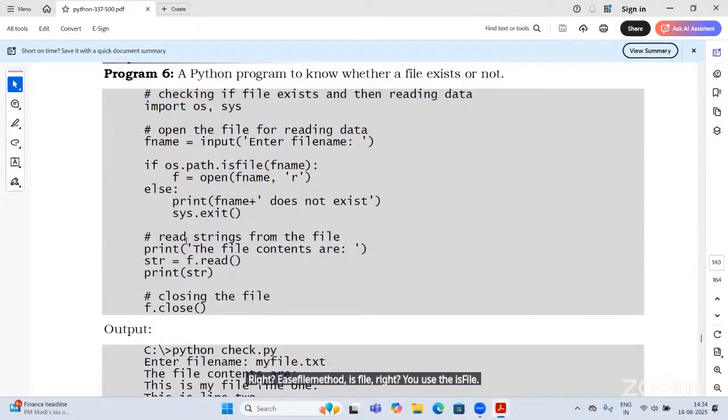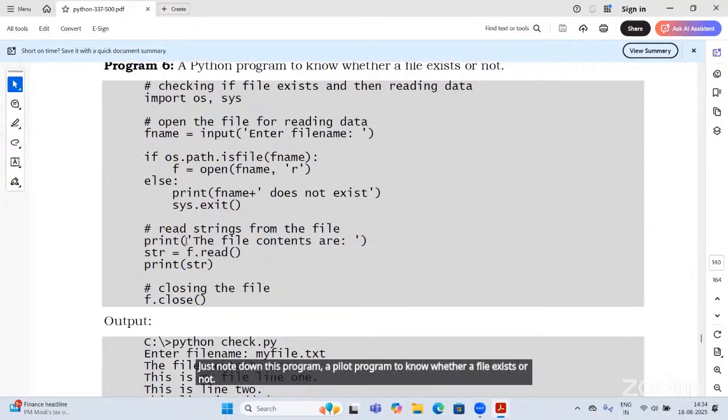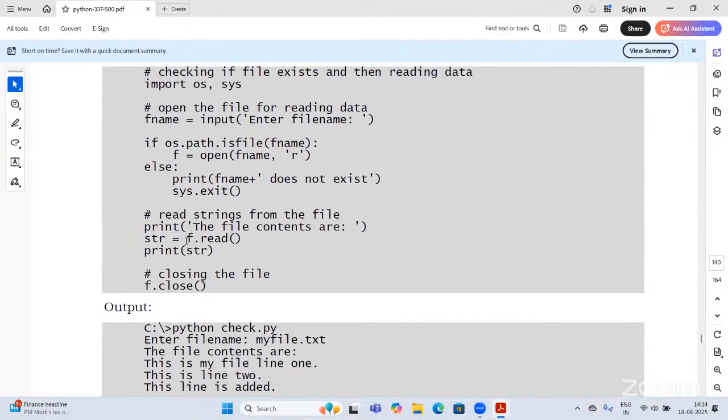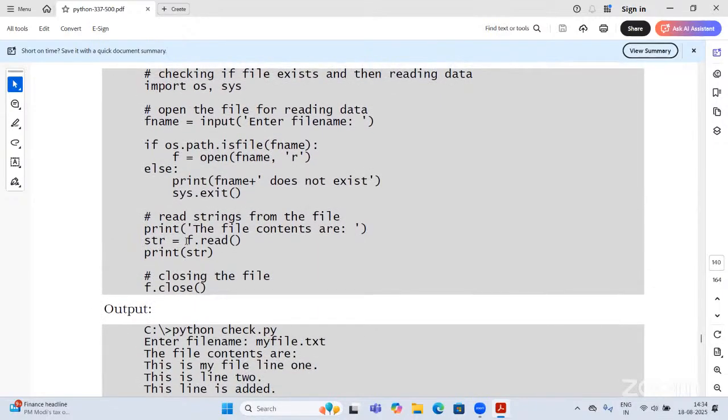Just note down this program, a Python program to know whether a file exists or not. Yes, we need to import os and sys. Why are we importing os and sys?